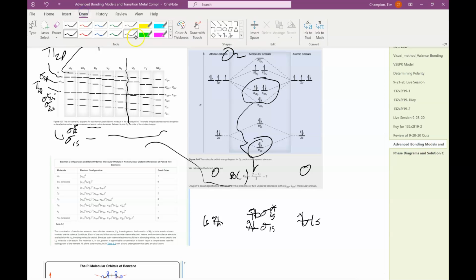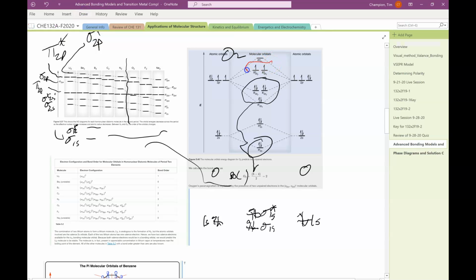Then we have 2 that are anti-bonding and another 2 that are anti-bonding. And again, if we use this one down here, we would be saying 10 minus 6 over 2. So 8 minus 4 over 2 is 2. 10 minus 6 over 2 is also 2. That's consistent